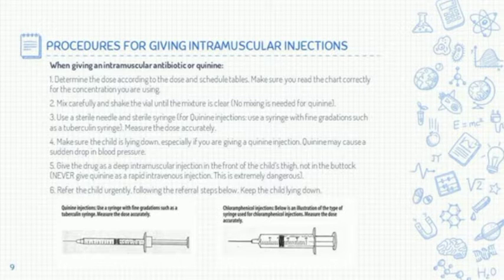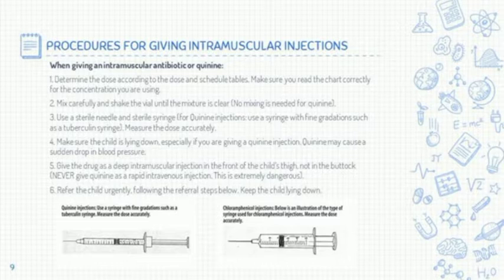Use a sterile needle and sterile syringe. Measure the dose accurately. For quinine injections, use a syringe with fine graduations such as a tuberculin syringe. This type of syringe is used for this drug because this drug comes in very small doses or small amounts. Make sure the child is lying down. This is the safest position for the prevention of possible side effects, like with quinine, which may cause a sudden